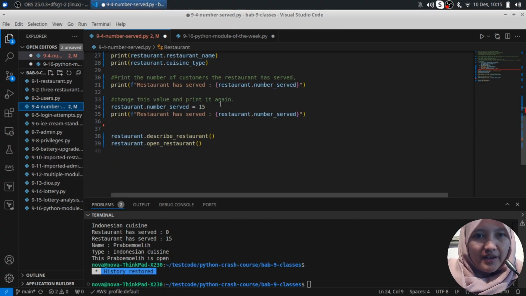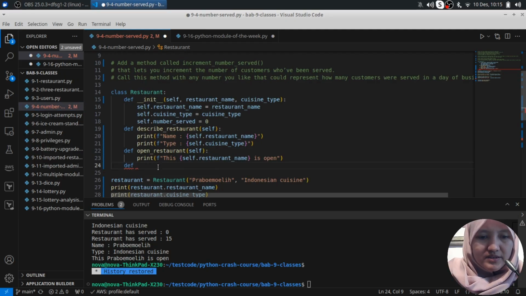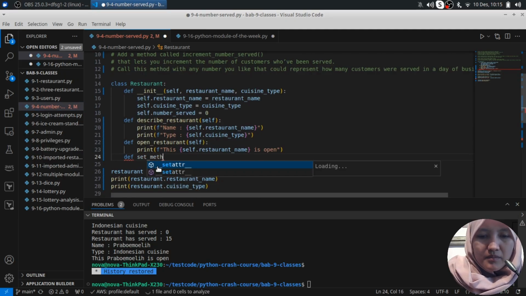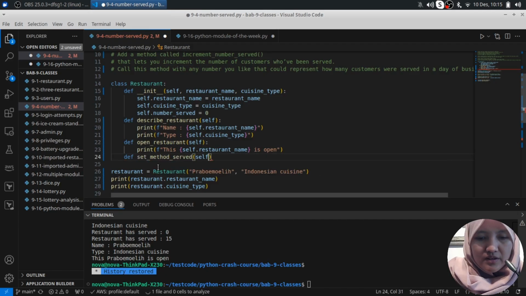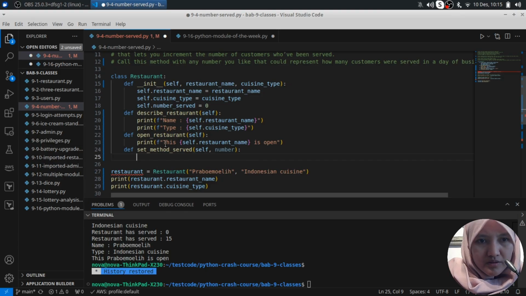Here we add the second one, which is called the set_number_served method. So we add set_number_served as a method, and then we have self and a number here. We just add it here, and then self.number_served, because restaurant is here. Okay, and then self dot